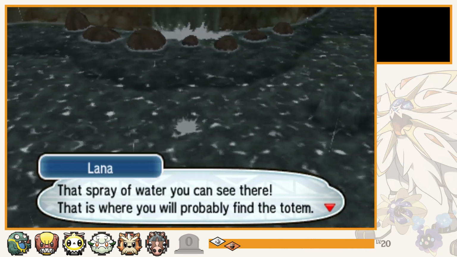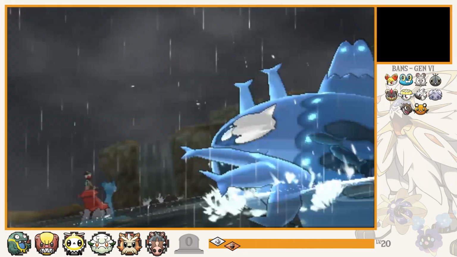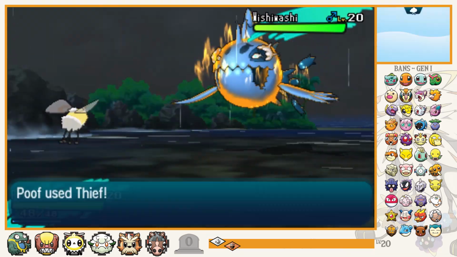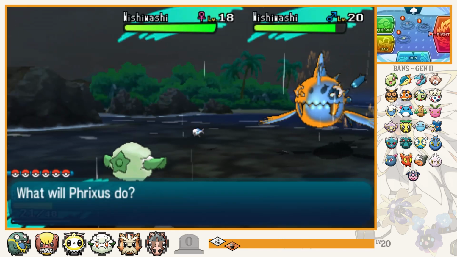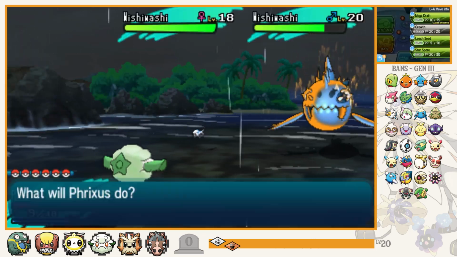Our challenge is to find and subdue the Totem Wishy-Washy, powered up in its schooling form. To start, Poof uses Thief, stealing and immediately using its Citrus Berry as we're hammered by Water Gun. Phrixus takes over, using Leech Seed on the Totem. I know that someone has to go down here, so I sacrifice Phrixus, failing to land Stun Spore before going